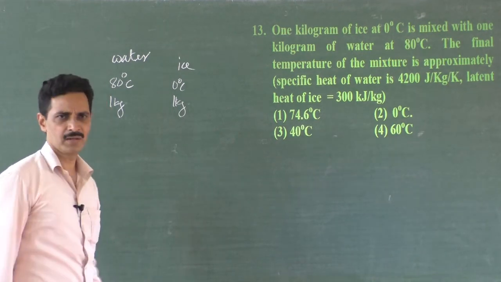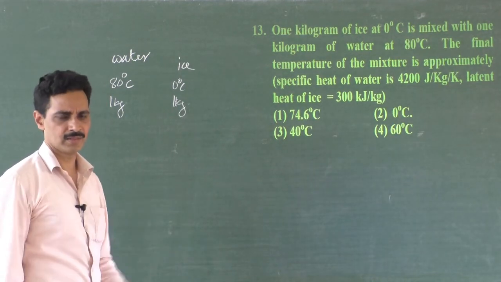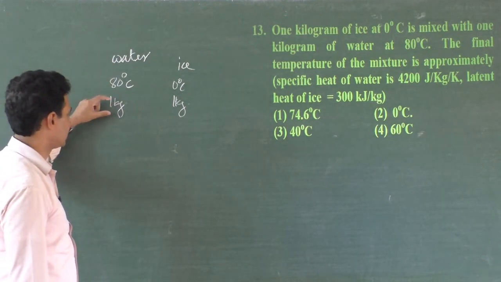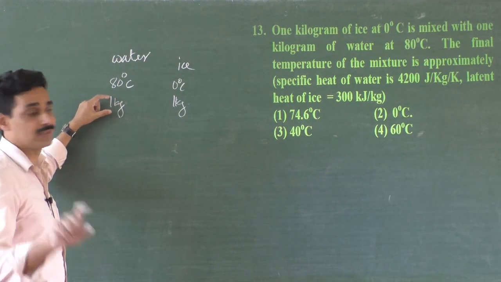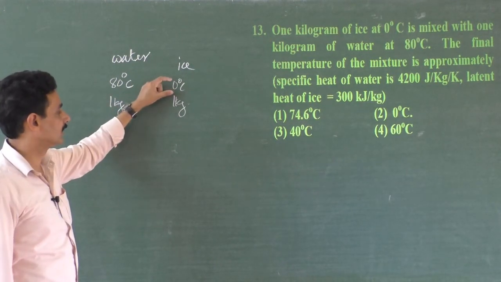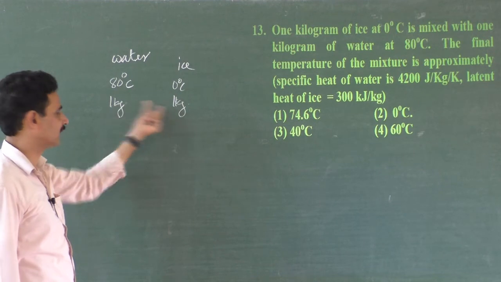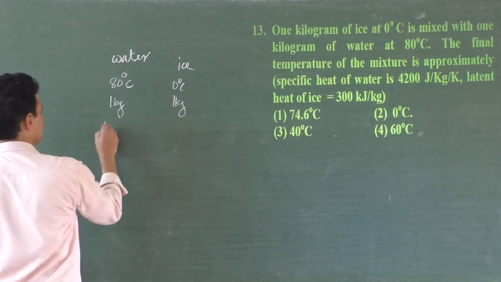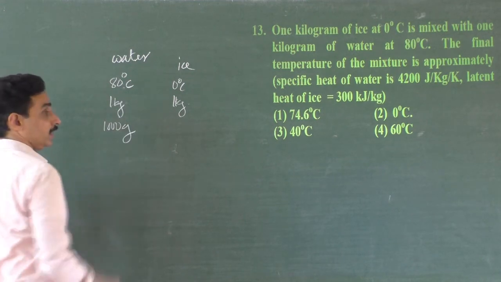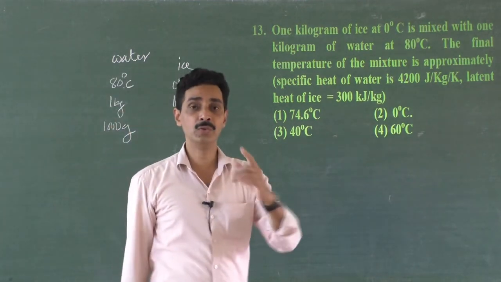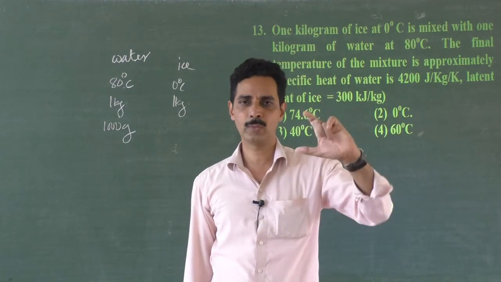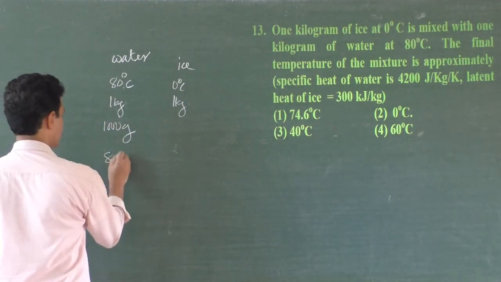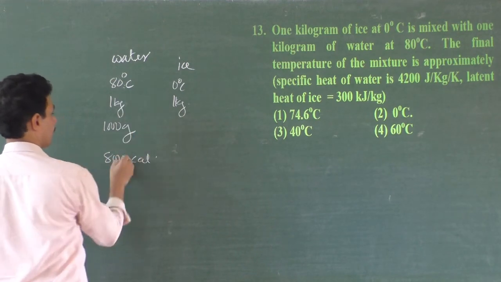See whether you need to work it out, because if you convert this into the CGS system, you know that 80 degrees Celsius 1 kg water will be definitely having equal amount of heat energy to convert 0 degrees Celsius 1 kg ice, because both are 1 kg. If this is 1000 gram, what is the amount of heat energy involved here? If 1 gram of water cools from 80 to 79, you get 1 calorie. 1000 grams, 1000 calories. So 80,000 calories of heat energy is available here.